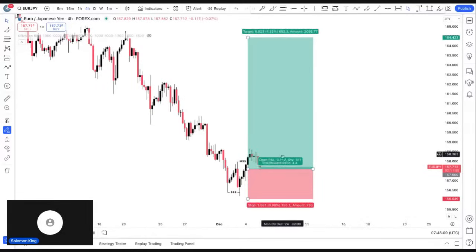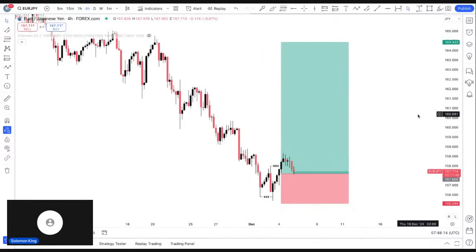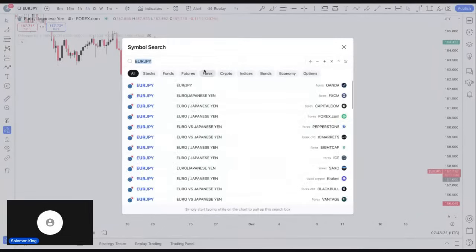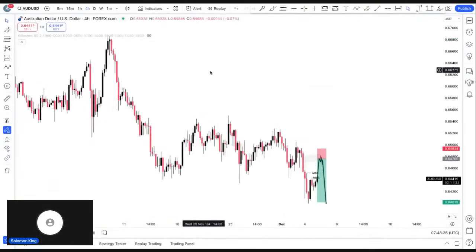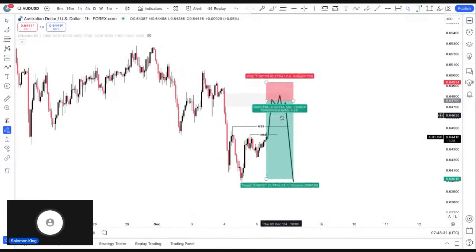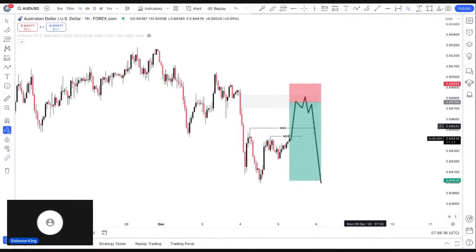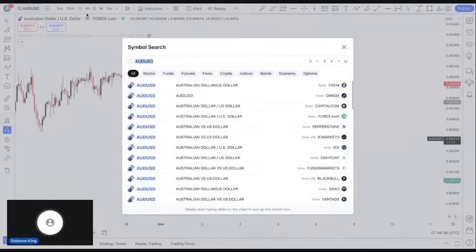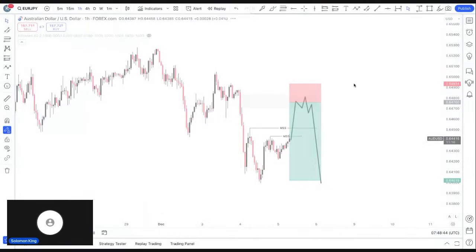So you probably are just watching this particular screen and seeing this particular trade, and you're wondering, why am I considering a buy here? I actually have two trades right here that I want to focus on. One is on Aussie USD and the other one is Euro JPY. The Aussie USD on the 1 hour time frame, I'm looking for an opportunity to go bearish once price trades into my key area. And on Euro JPY, I am looking for an opportunity to go bullish once price